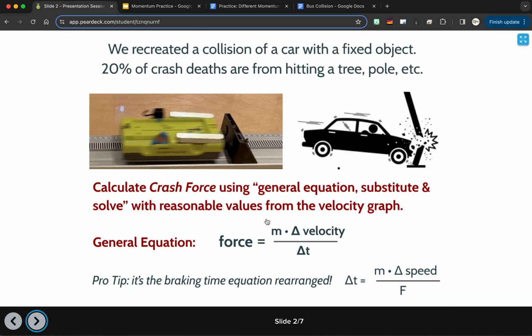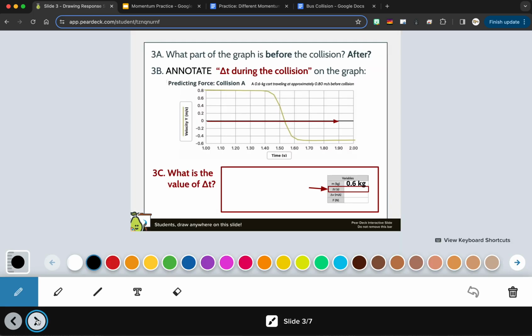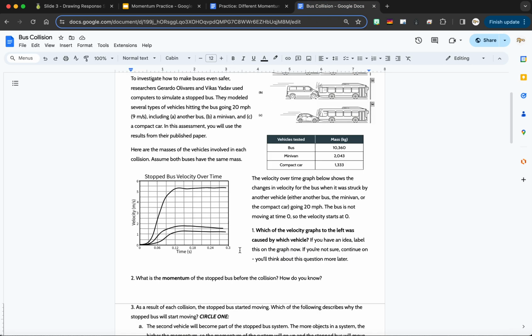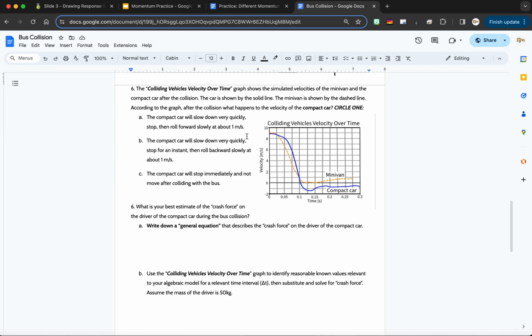We have this equation, which is the same as the braking time equation, but rearranged so that force is by itself. And we want to use this equation to make a prediction of force. But the only information that we have is information about change in velocity and change in time. So for a velocity graph like this one, how is that going to be possible? On the actual bus collision test, you have velocity graphs that look a little bit different, but the